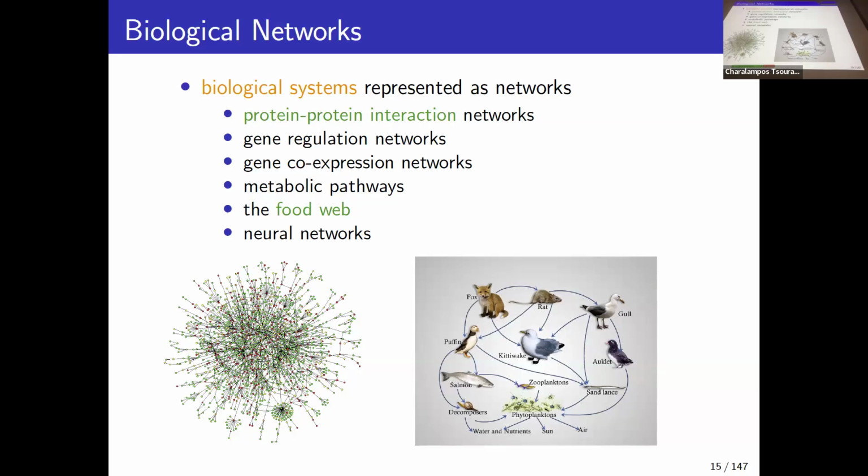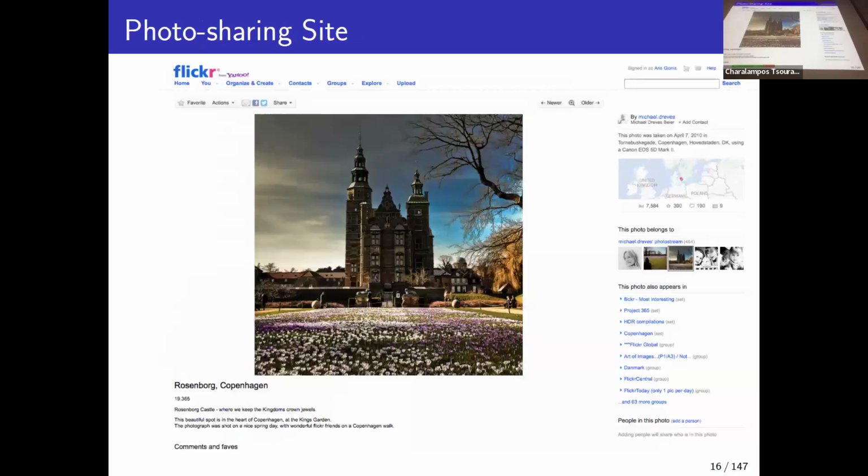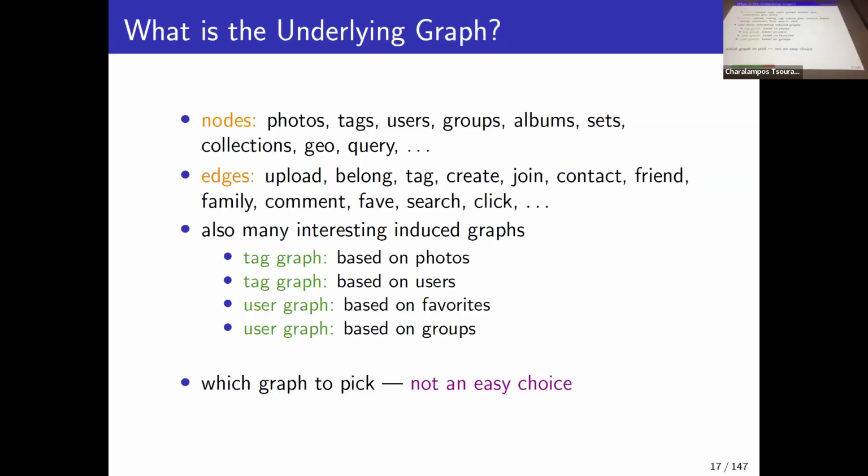And as I said, if I say something out of habit, like an acronym that you don't know, just stop me and I'll explain. And then we have data sets that are not given to you as a network, but for example, you may have this social media type photo sharing site like Instagram or Flickr from the past, where users upload photos and geotag them, they connect to other people, people press likes or comment, and these types of platforms create a very rich